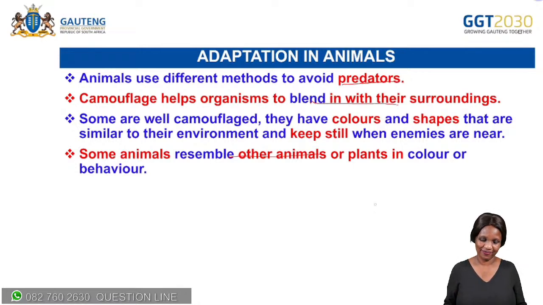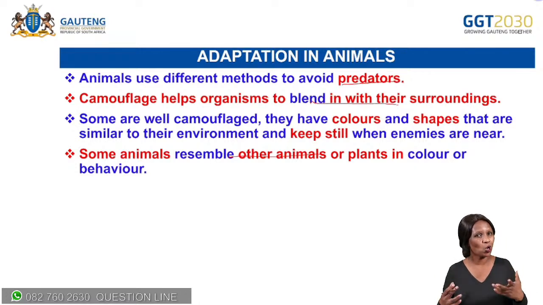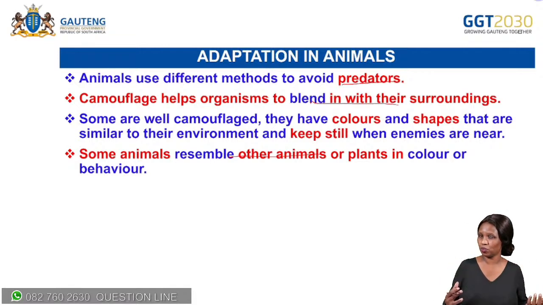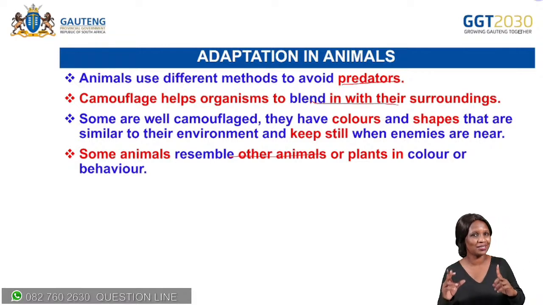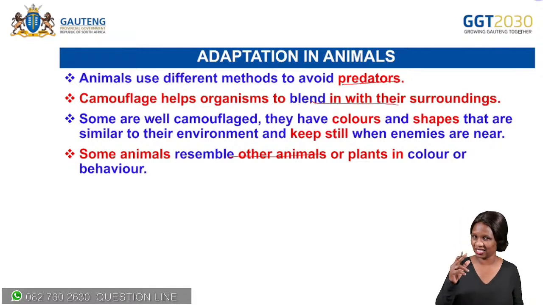Let's move on. And then we've got a chameleon. A chameleon can blend into any environment. Therefore, it makes its life easy because it can hunt for its prey. Remember, a chameleon is a carnivore. It is an insectivore. Therefore, it feeds on insects. When it blends into an environment, then it's easy for it to catch insects without being noticed. You get that? Good.